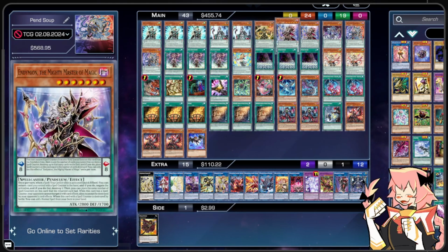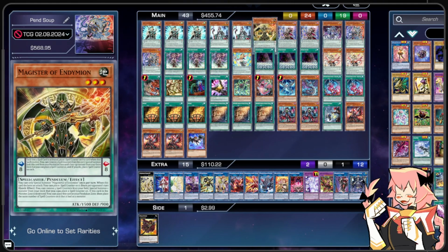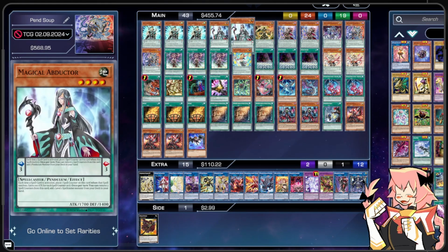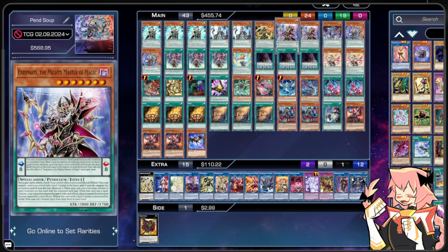These cards are a lot more tutorable than Servant is, so we are only playing a copy of Magister of Endymion. However, if you wanted to play more, I could definitely see it. We're on 2 copies of Endymion, the Mighty Master of Magic. This was one of the few cards in our deck that doesn't actually have an effect to put spell counters on itself. We can remove 6 spell counters from our field while it's in our pen scale to special summon